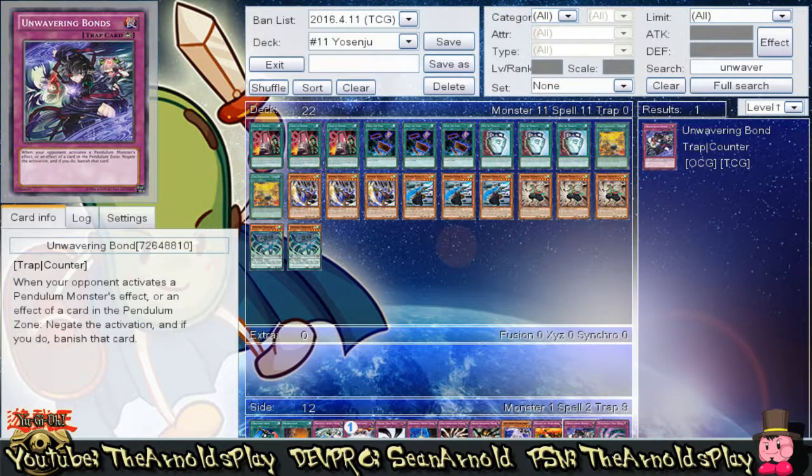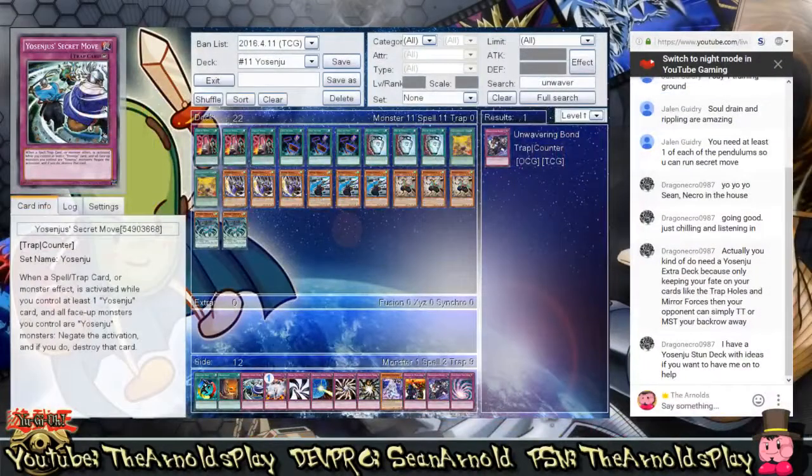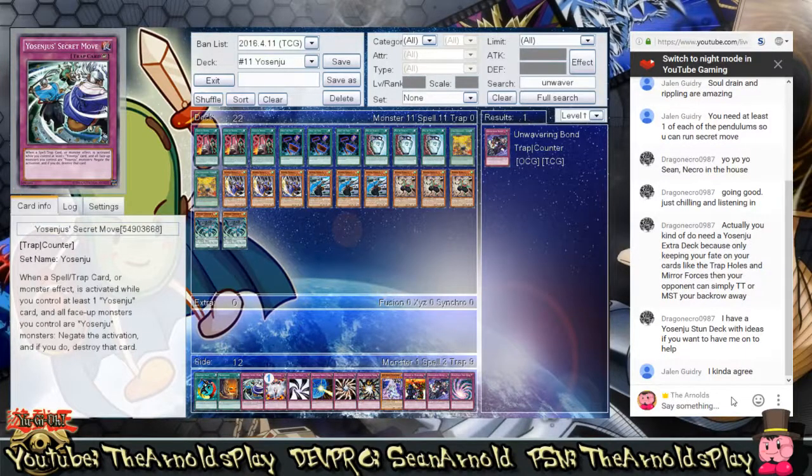Dragon Necro is saying, actually, you kind of do need a Yosenju extra deck because you're only keeping your faith on your cards like the Trap Holes and Mirror Forces. Then your opponent can simply TT or MST your back row away. Oh, I was planning to have an extra deck. I was going to have one, but